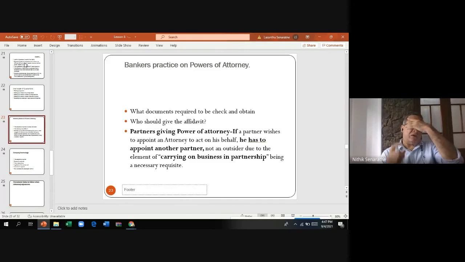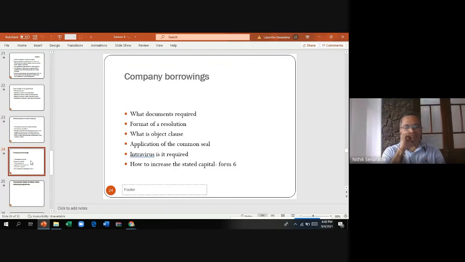So be careful. You have to ensure that you are dealing with the principal and you are dealing with the power of attorney where the principal has given authority to me. So dealing with power of attorneys, you have to be extra careful. Don't proceed with power of attorneys if you don't feel that this is a genuine document. Okay,